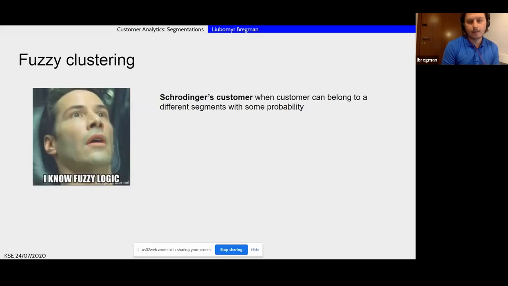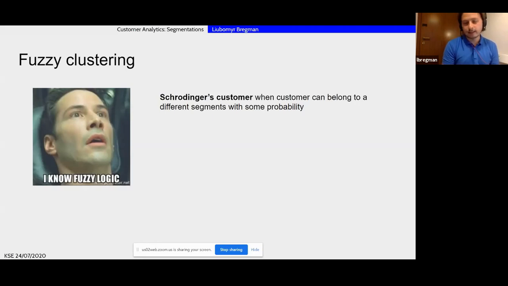And so, back to customers, the idea is that some customers shouldn't always strictly belong to one cluster. So we had such big assumptions so far that, okay, all our customers are like, you're either this guy or that guy or that guy and so on.